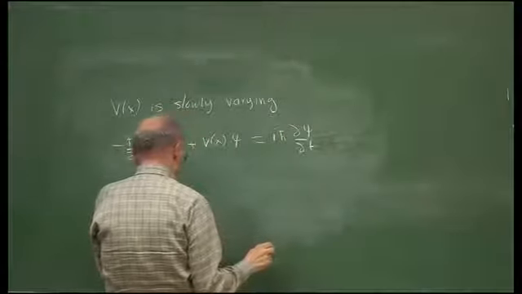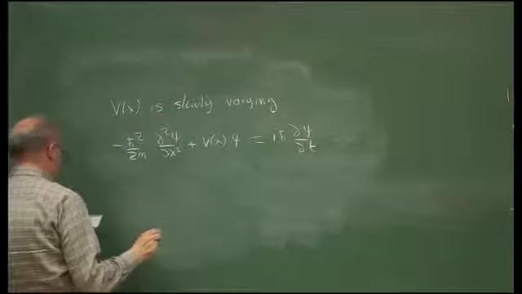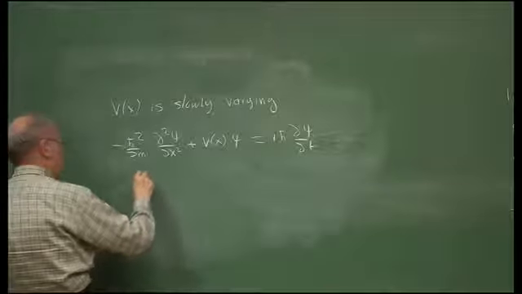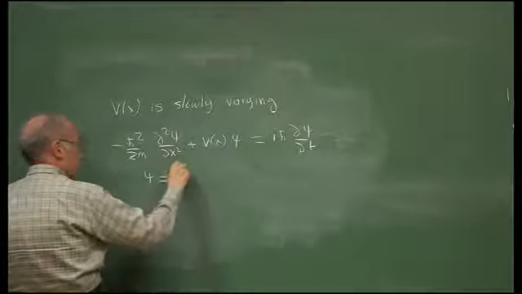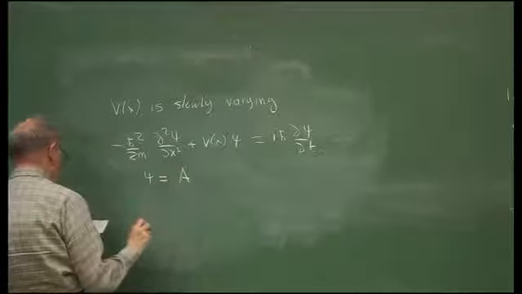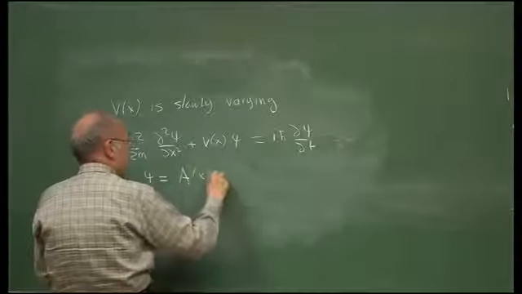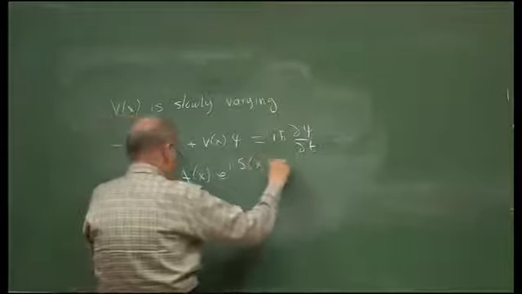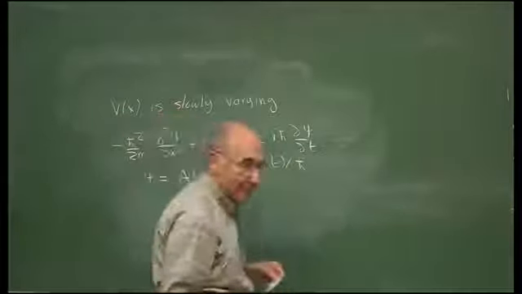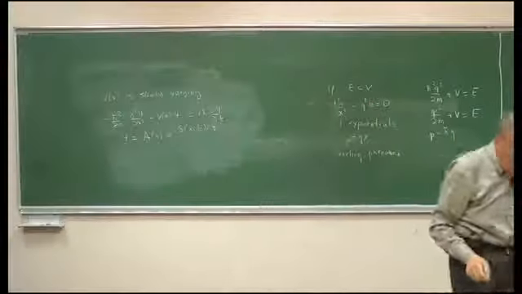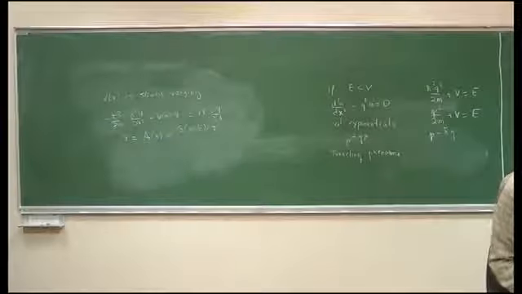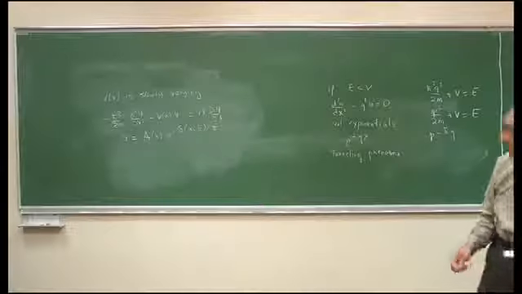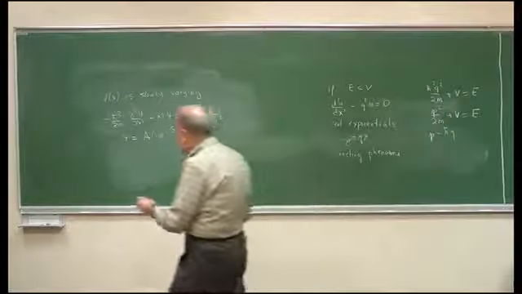Okay, and try to write ψ as A of x e to the i S of x, t over the Planck constant. So that's what we'll try to do. Okay? Now, we can evaluate the derivatives as